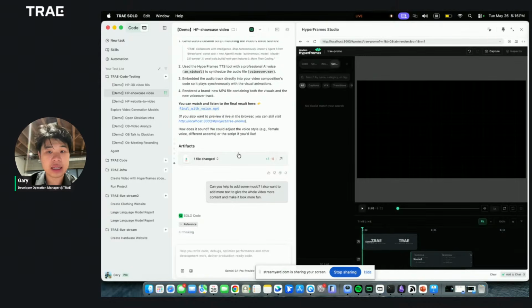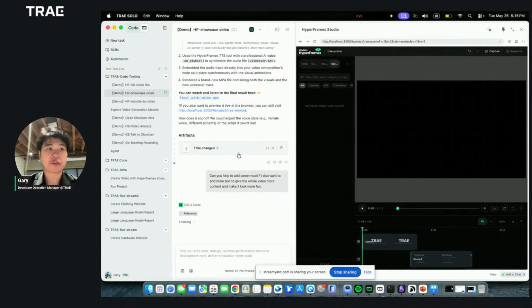This is a really useful way: for example, if a person is really good at writing code but doesn't have much experience in video editing, or just doesn't want to waste time on video editing, you can definitely consider using the Hyperframework to complete the video editing and generation process.